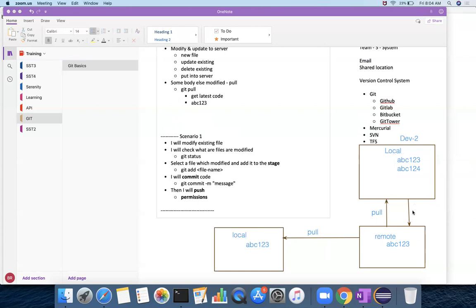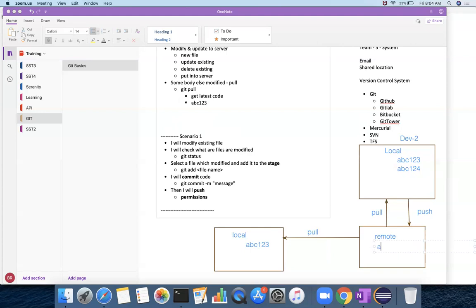When he performs the push operation, the remote ABC123 will become ABC124. Now the latest version that is here is ABC124.